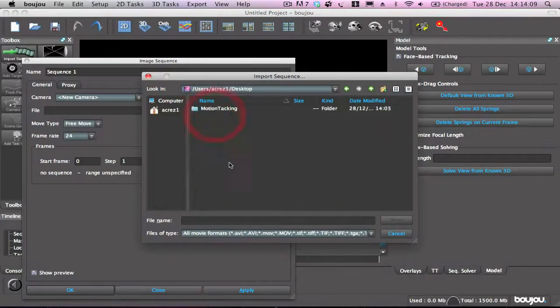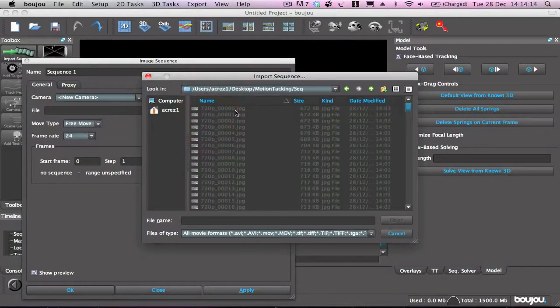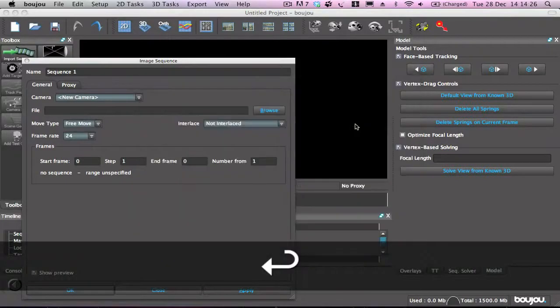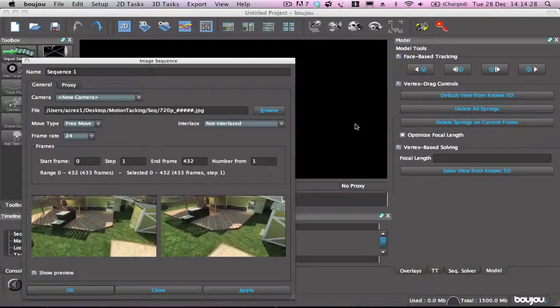Just find where you saved the sequence to. Open up the folder and select the first image in the sequence. So that's the file name 0000, and then just open up the first sequence, and you can see we've got an option here for